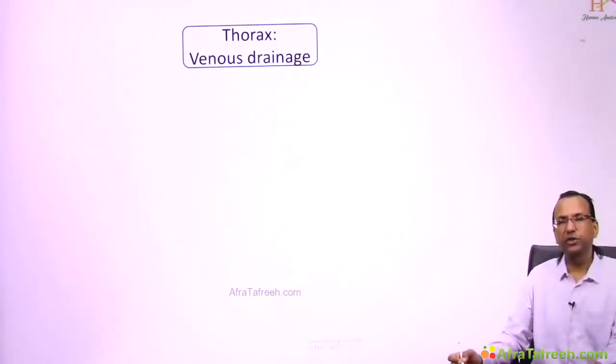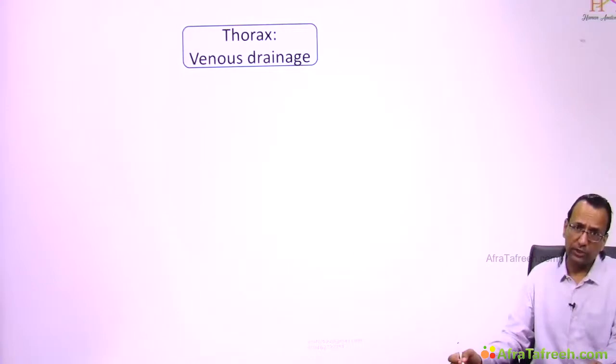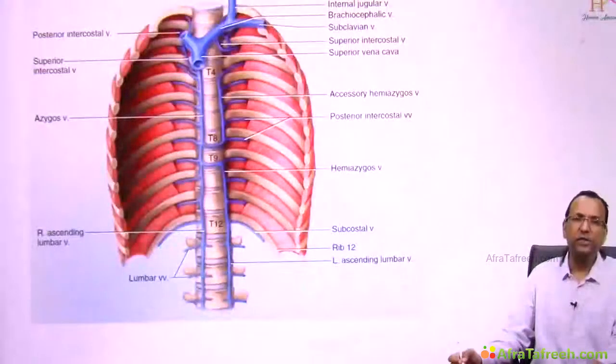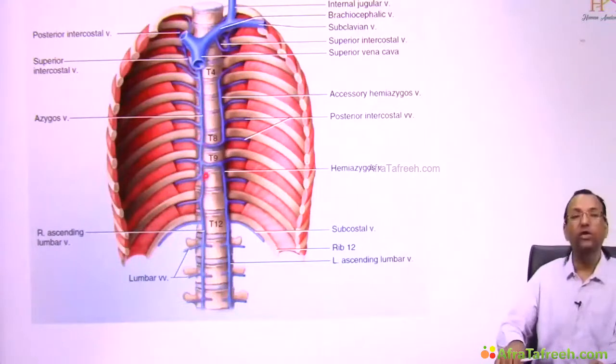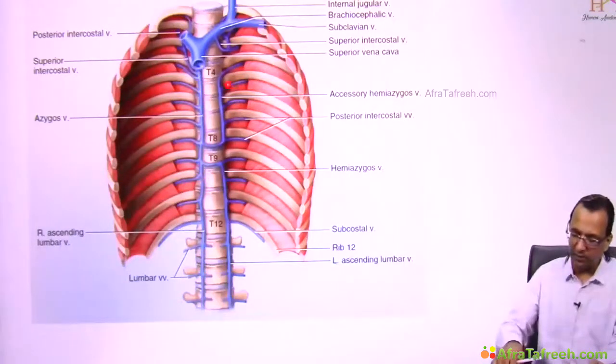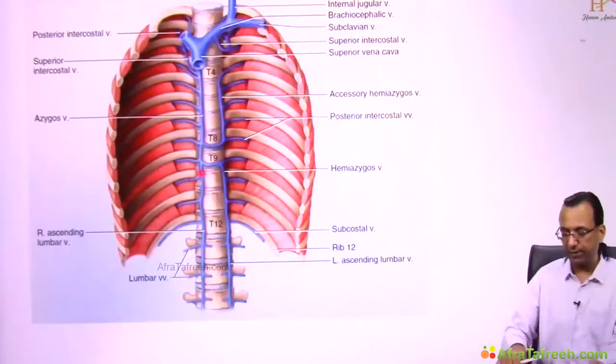The next topic is to discuss some venous drainage of the thorax region. And what about that thorax region venous drainage? You will see that there is azygous venous system which we need to discuss. There is this azygous vein which is on the right side, and then there are hemiazygous veins, 2 in number, on the left side. Now these left-sided hemiazygous veins drain into azygous vein, and azygous vein will drain to superior vena